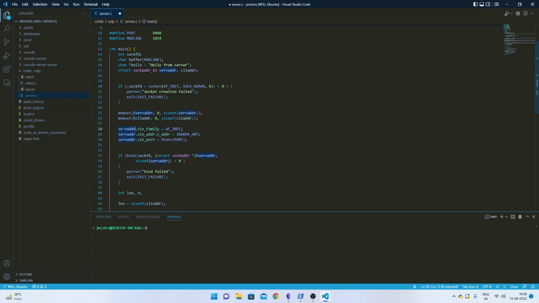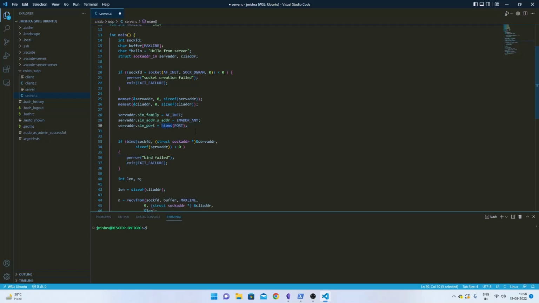So now the server address structure has all the details, like it's an IPv4 based address, right? And we are binding to any IP, all IP addresses on the computer, and the port information has been given after the requisite conversion. Now we are going to take the socket, we're going to take the server address structure, and we are going to bind the information in the server address structure to the socket. So the socket gets more identity. Until now, all the socket knows is that it is a UDP socket. Now we're going to give it IP information and the port information,